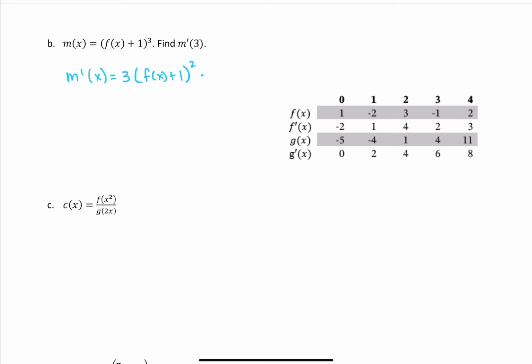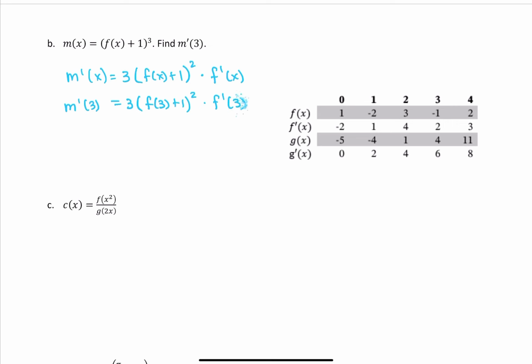The derivative of f of x plus 1 is just f prime of x. And so m prime of 3 is going to equal 3 times f of 3 plus 1, squared, times f